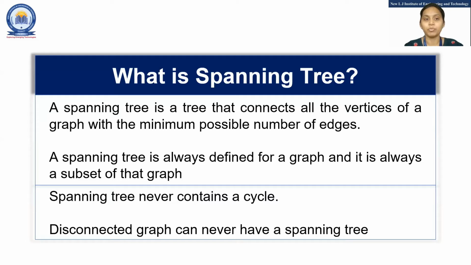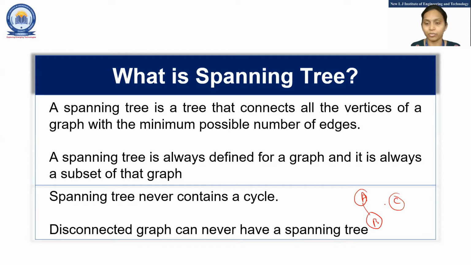Before understanding the minimum spanning tree, you should be aware of how the spanning tree works and how we can create multiple spanning trees from the given graph. A spanning tree does not have any cycle. And any disconnected graph cannot have any spanning tree. When I say disconnected, it means the graph has some part here and some part there. In that case, you are not able to create a spanning tree of the given graph. Let me give you an example.